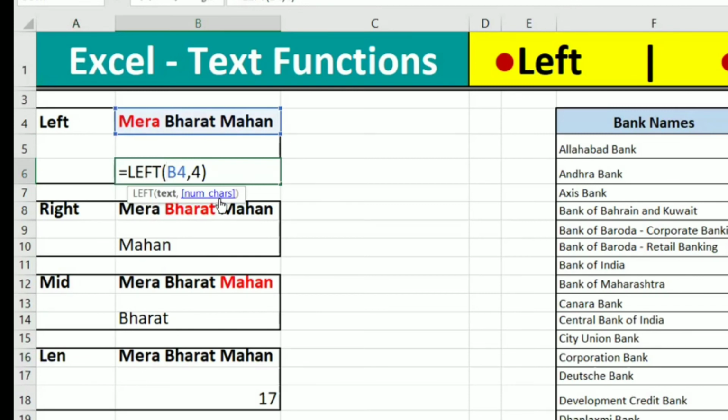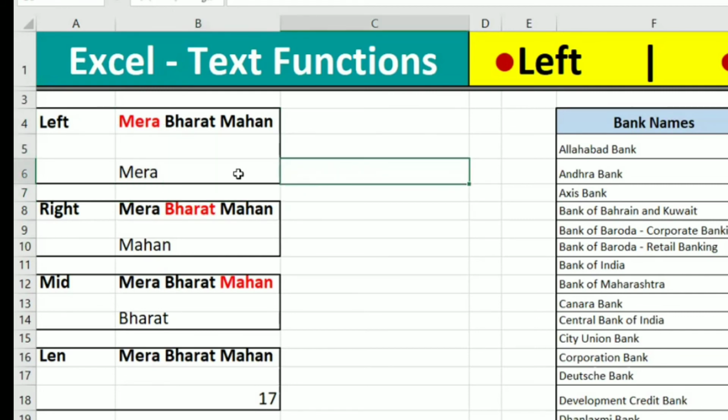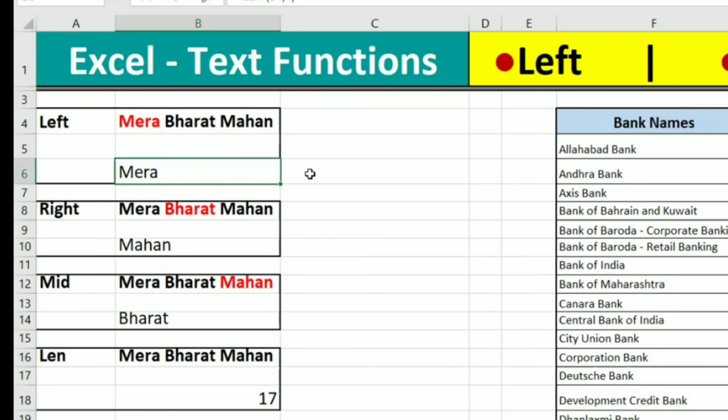If you are not giving any number, it takes the default. We give 4 letters, the first four characters. See, we will get Mera, right? The left function will always give the leftmost number of characters which we have given.